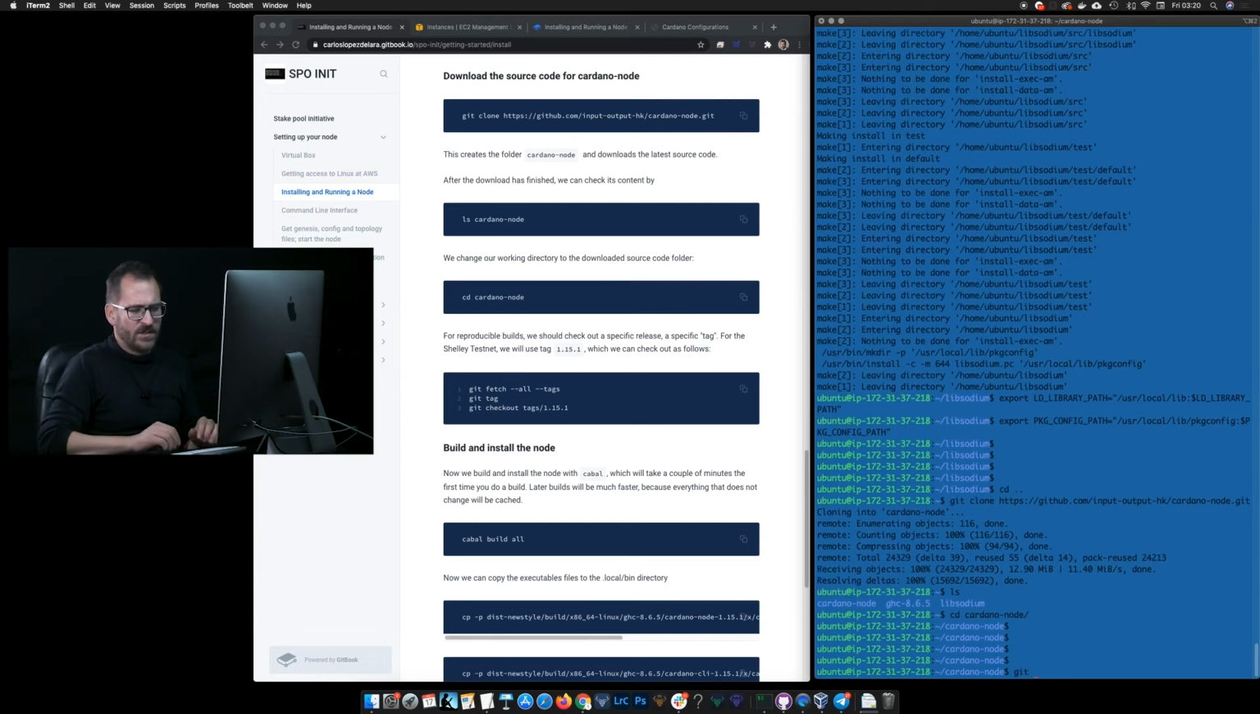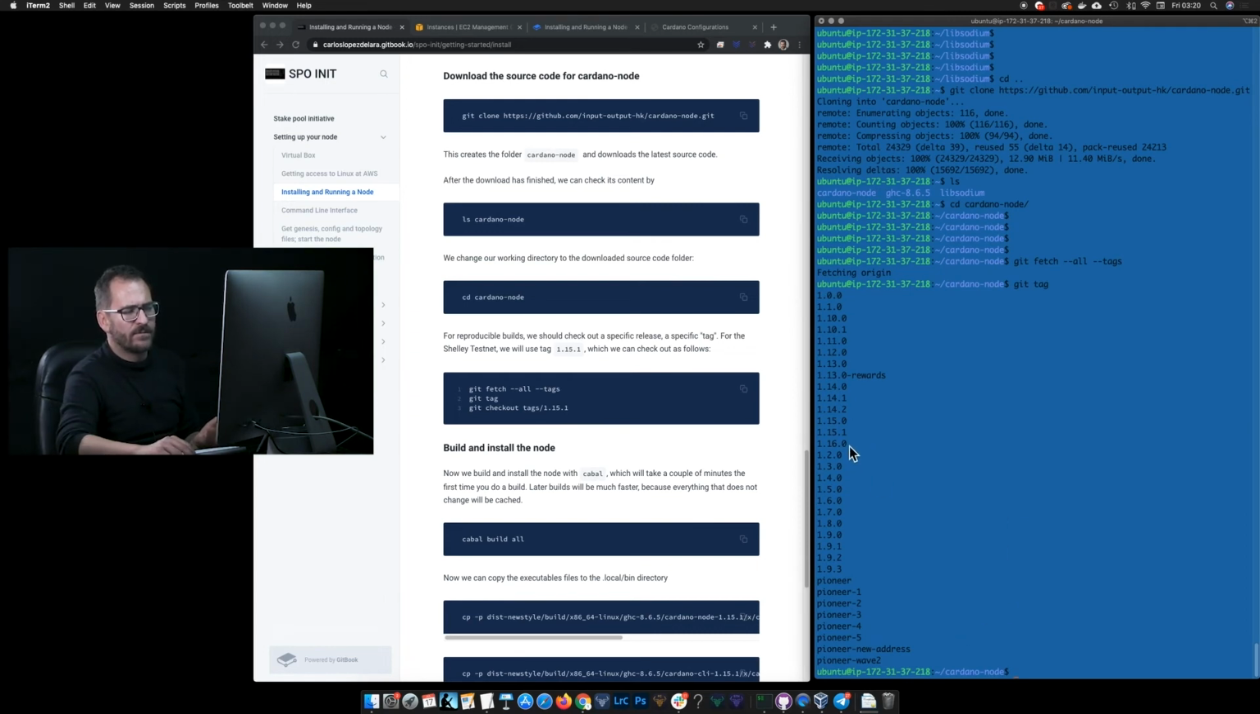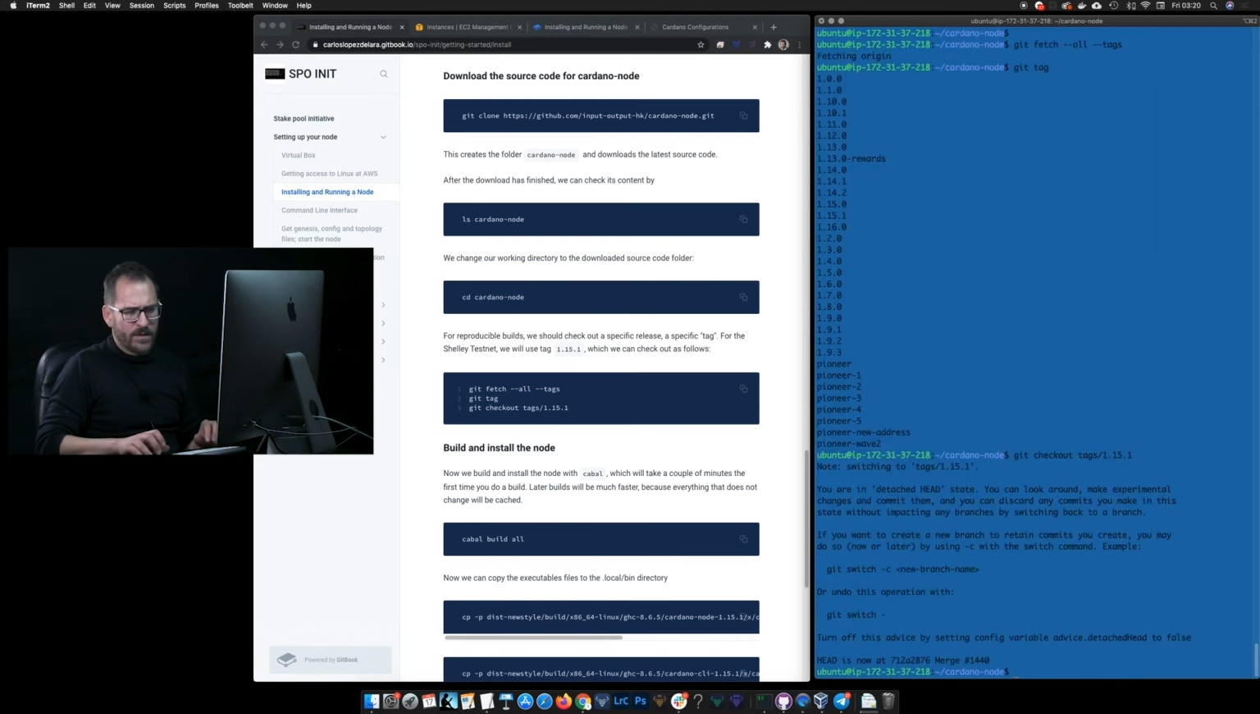So let me just git fetch --all --tags. Let me do git tag, and it will give me the entire list of versions. And as I mentioned, latest version is 1.16, but we are going to git checkout tags/1.15.1. Okay, and from here we are ready to start the party,